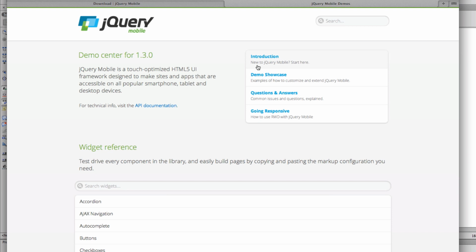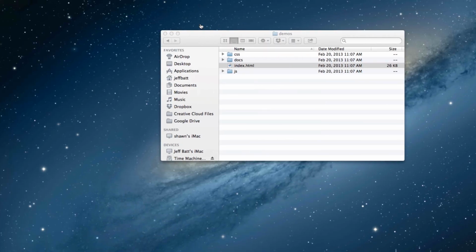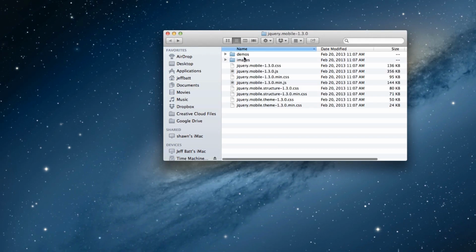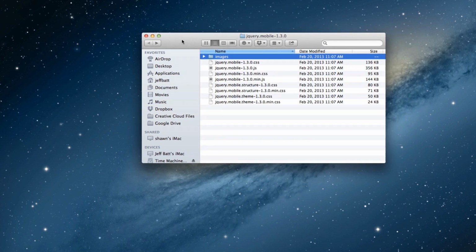If you want to see how they did the layouts, or you want to see how they did accordion views or something like that, they give you the source files to it. So it's a very useful resource. But if you don't want that, you can just go ahead and delete the demos folder, and this way you have the latest source. Now you need to actually take these source files and you need to copy them inside